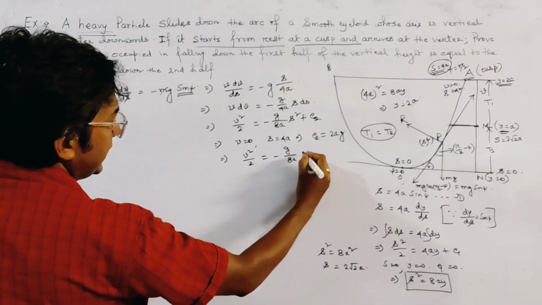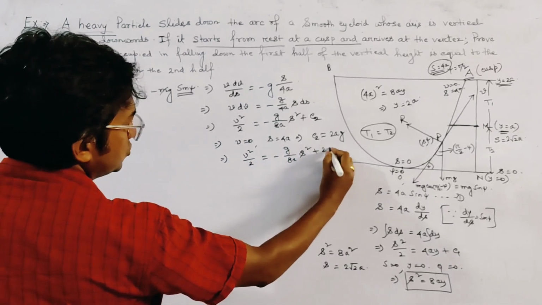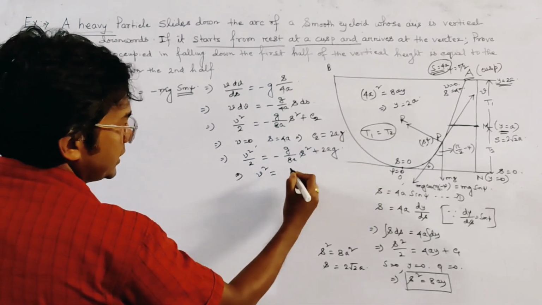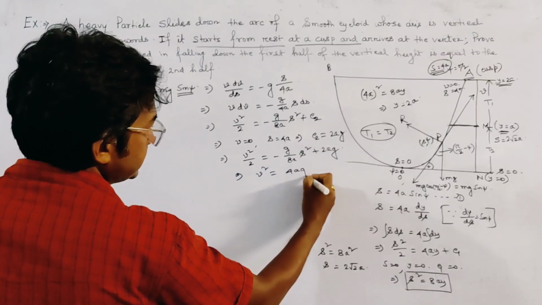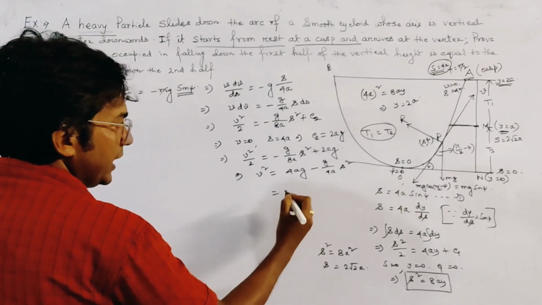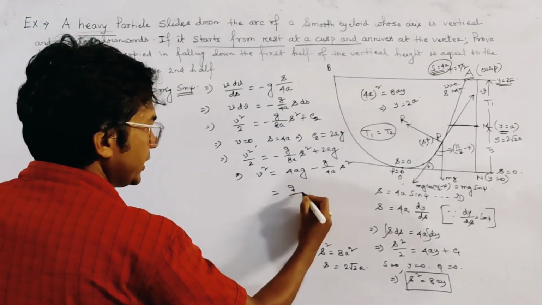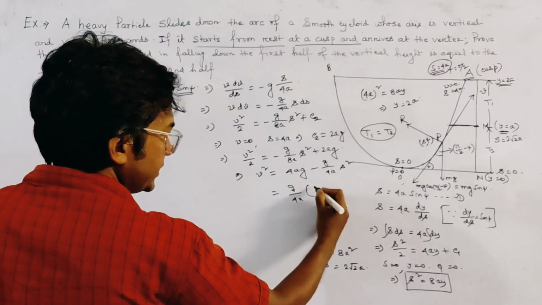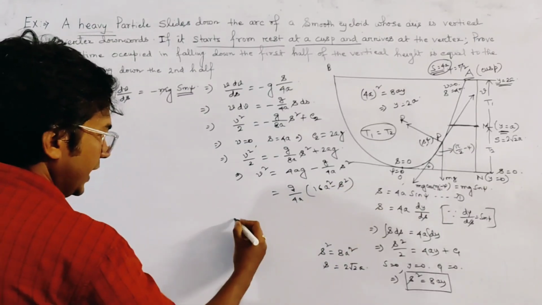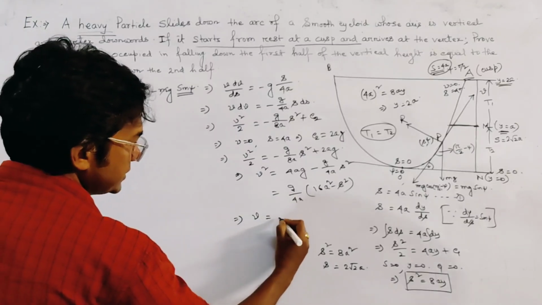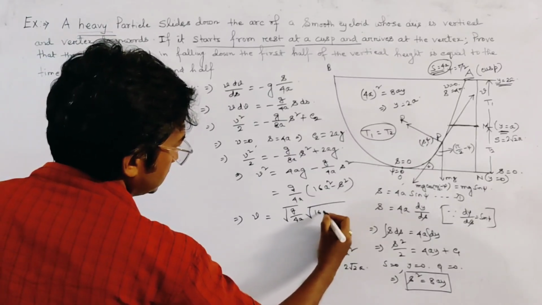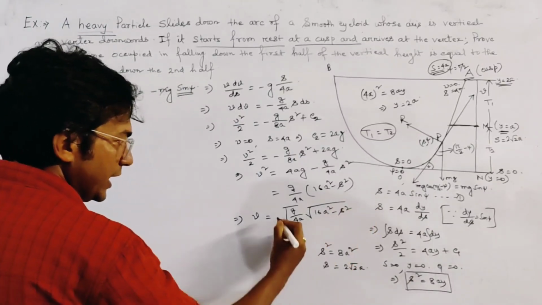minus G by 8A into S square plus 2AG, right? And this gives V square equal to 4AG minus G by 4A into S square, and we take common G by 4A and we get 16 A square minus S square, and we get the velocity V, which is given by root G by 4A into root 16 A square minus S square, and we take